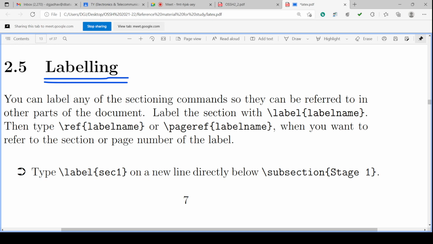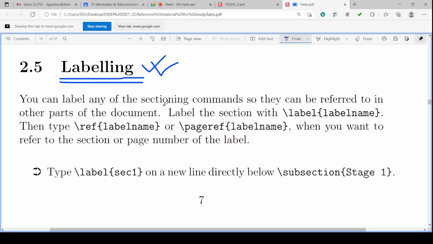So in this way we have come to labeling. Creating such things in the document is called labeling. We can create such types of hyperlinks in the document. It is called labeling, 2.5 labeling.